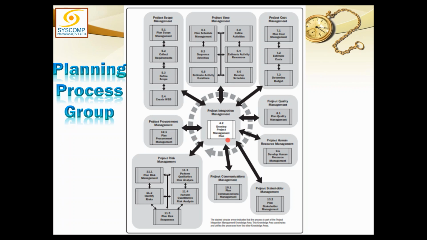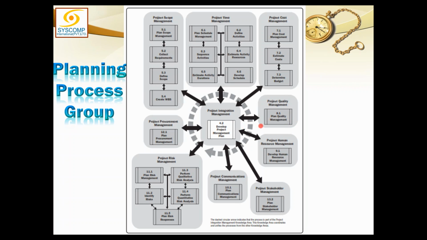How many management plans are there? Naturally, with the exception of the project management plan, we have 9 knowledge areas: scope, time, cost, quality, human resource, stakeholder communication, risk, and procurement. So at least one management plan is coming from everywhere: scope management plan, schedule management plan, cost management plan, quality management plan. But there are two knowledge areas which give us not one but two management plans. Scope gives us the scope management plan as well as the requirements management plan. Quality gives us the quality management plan as well as the process improvement plan.